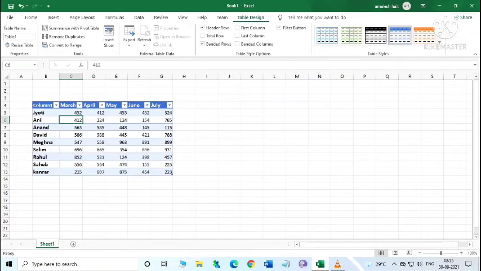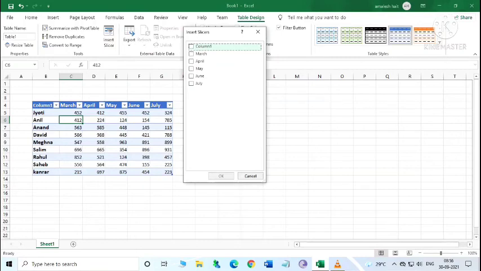Now select the Design tab that appears under Table Tools in the Excel 2016 ribbon by clicking on it. Now click on Insert Slicer under the Tools group under the Table Design tab. Here you can see Insert Slicer: use a slicer to filter data easily.